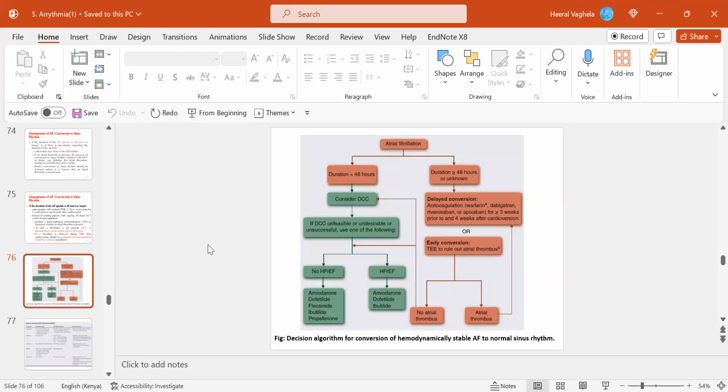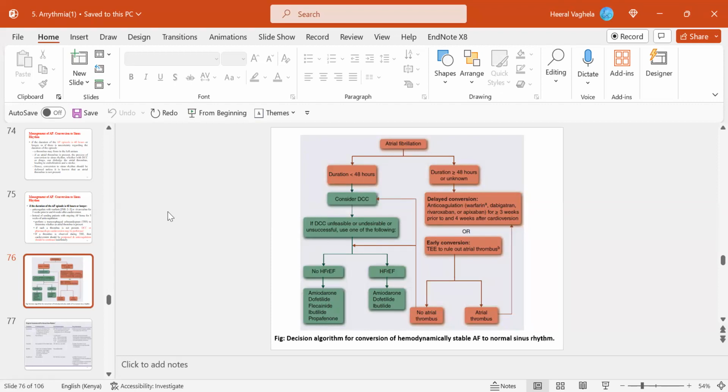Yeah, and then if there is no thrombus, then you consider the DCC, because we can't do a DCC when there is a thrombus in the